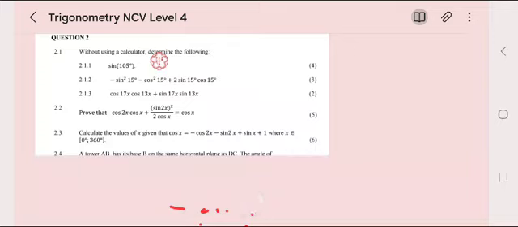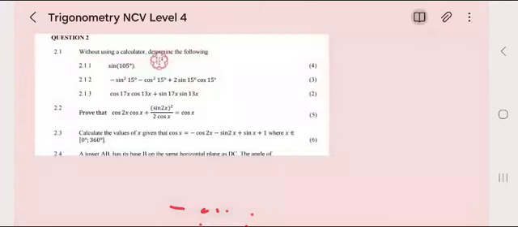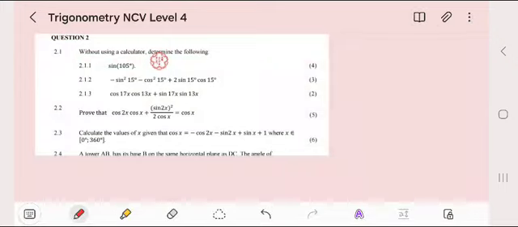Question 2.3, calculate the values of x given that cos x is equal to minus cos 2x minus sine 2x plus sine x plus 1. As you can see, we have 1, 2, 3, 4 terms. Maybe it might be factored by grouping if we are